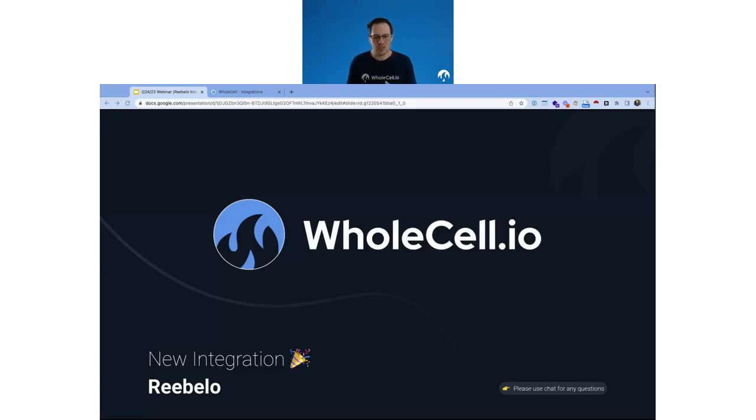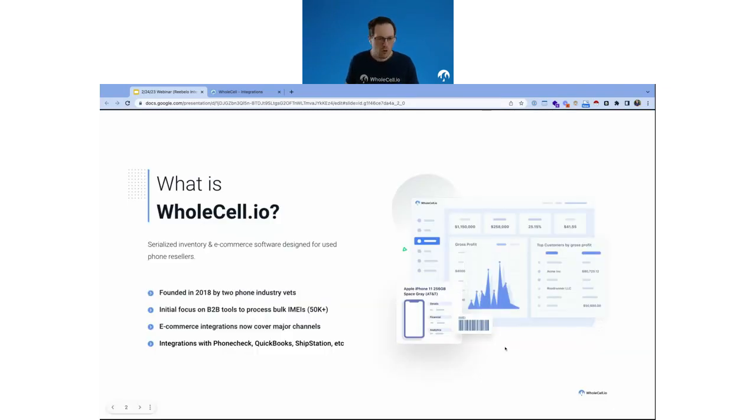So I'm going to be talking about the core of how it works, showing you the setup of it in our demo account, and that'll be our main focus today. So we'll get right to it. There may be actually 1 or 2 people on the call that are not as familiar with Wholesale. So for anyone that's joined this call and is curious about using Wholesale, is not a current customer yet,